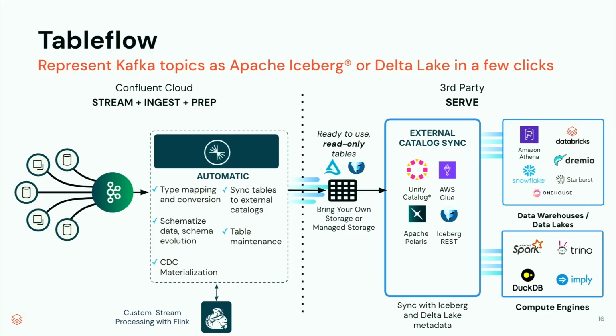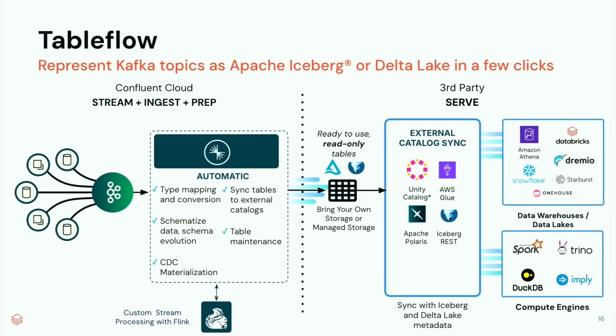And then also we perform CDC materialization and also syncing data to external catalog services such as Unity Catalog. These tables are also actively managed by Confluent Tableflow, which means since this is a continuously written change log or event log, we have to keep on maintaining this table by performing compaction, garbage collection, and all that, right? So we perform table maintenance too. Therefore, these tables are exposed as read-only external tables to your downstream analytics systems. So from any compatible compute engine, now you can tap into this data without having to go through the toil